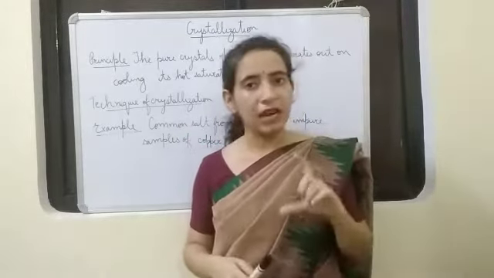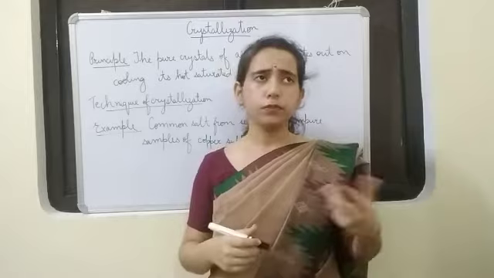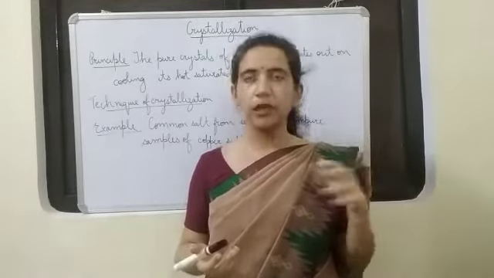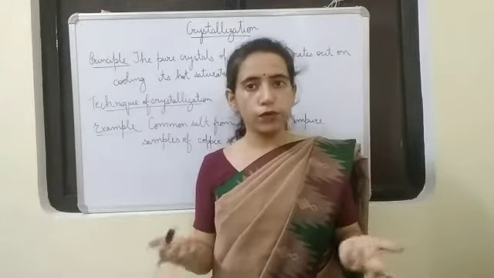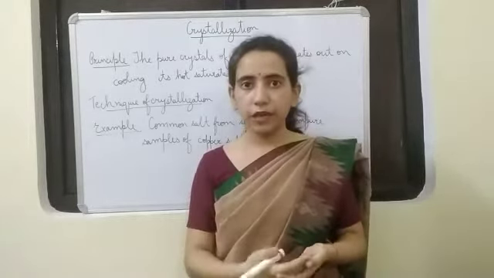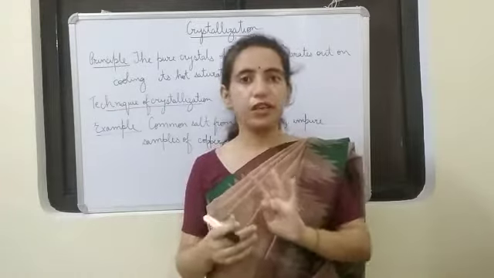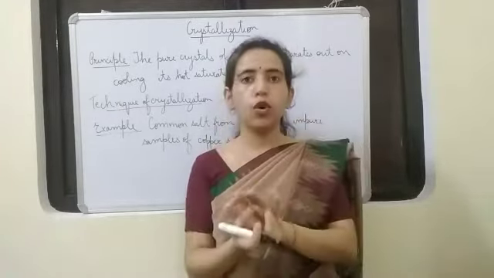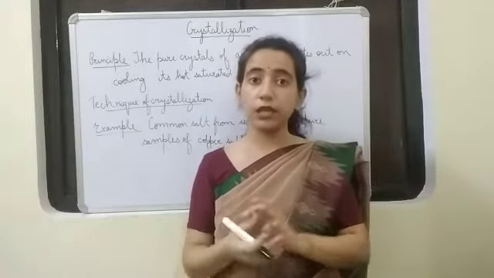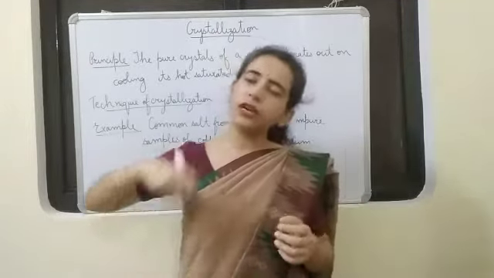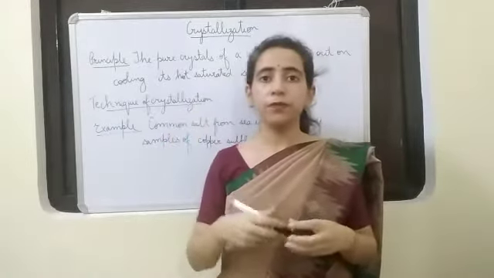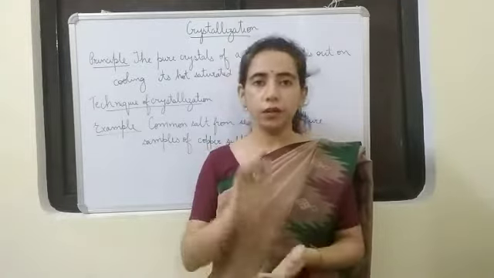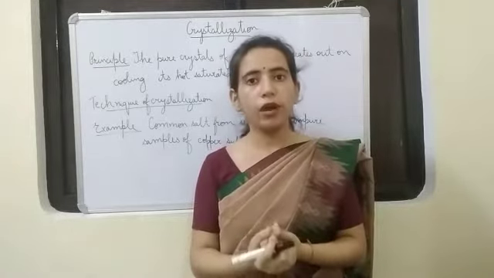Suppose we have got 1 glass of water and you add 1 spoon of salt to it. You know that 1 spoon of salt will dissolve easily. Then you add 1 more spoon, that also will dissolve. Then you add 2 more. That means 4 spoons of salt will easily dissolve. Then when you add the 5th spoon, you will see some amount of the salt will be left at the bottom. Even if you try to dissolve it, you stir it 2-3 times, it won't dissolve. That means now we have reached the saturation point.